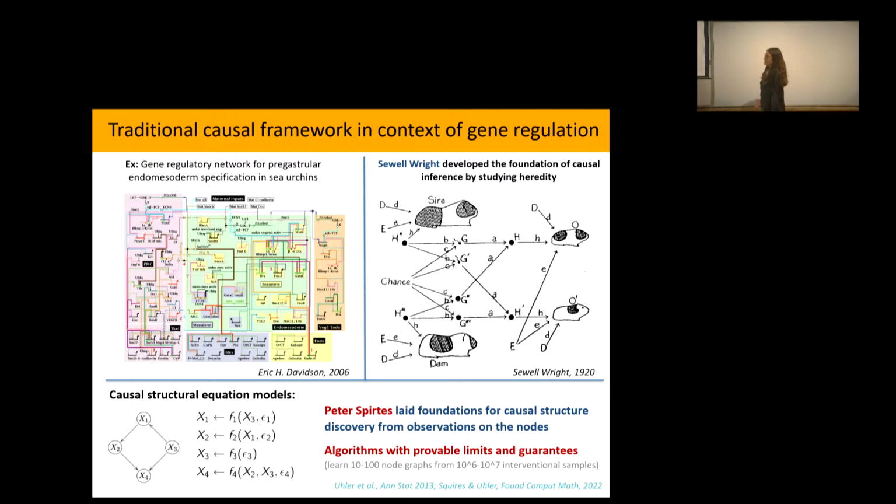Of course, these are negative results, but I think it's important to have them because they tell you that maybe this is not the right approach. Even if you have all kinds of interventional data, learning these full underlying causal graphs will always require a whole lot of prior knowledge. So then the question is, what can we do, right? This is what a biologist would always tell me they would like to have. But then we would ask, well, I can give you a network on 20,000 nodes. I know it's wrong, so how are you going to test it?